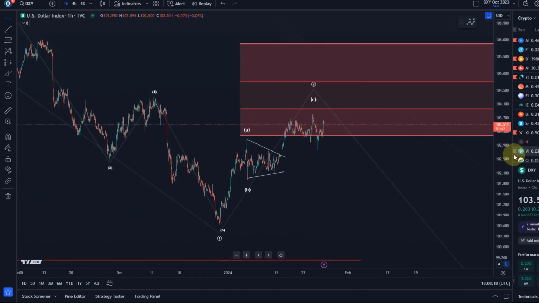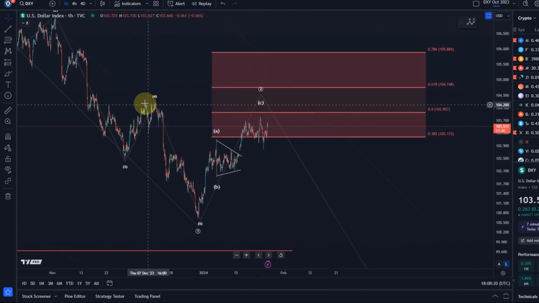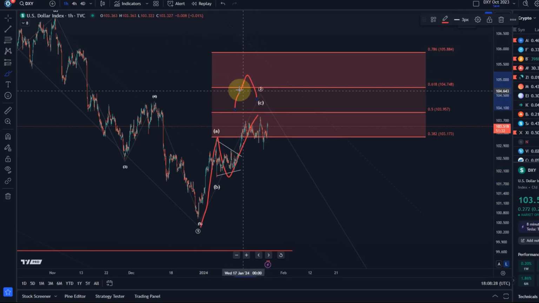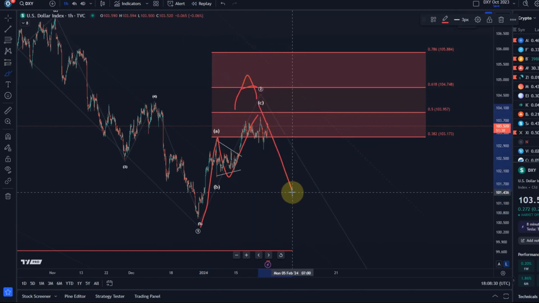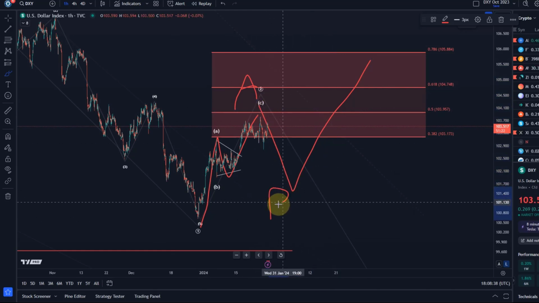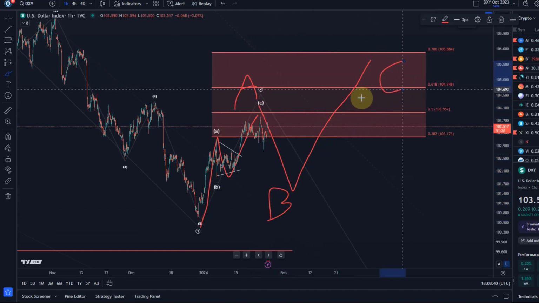Something that can always happen is the following. A, B, C, all good, in a larger A wave, however, will do a B wave and a C wave. So if the next move down, despite breaking the micro support levels, remains a 3-wave move, it's likely just a B wave and we get a larger C wave rally.